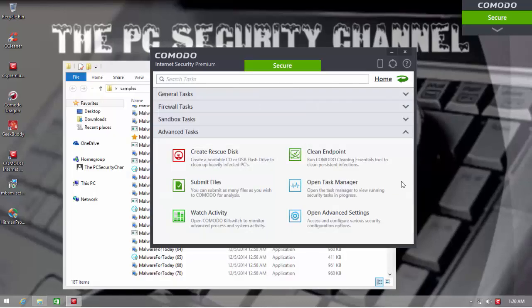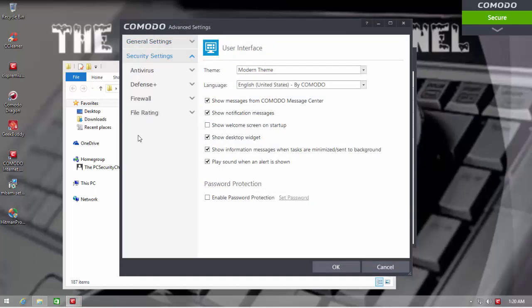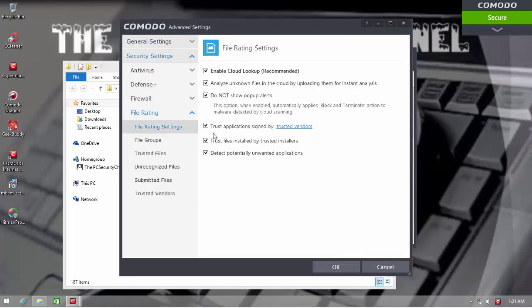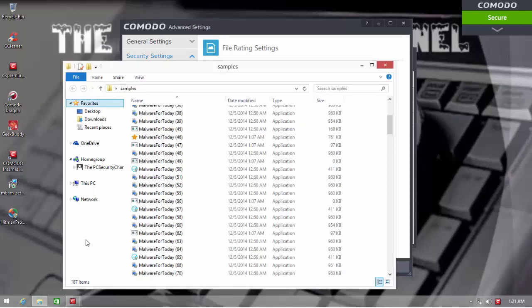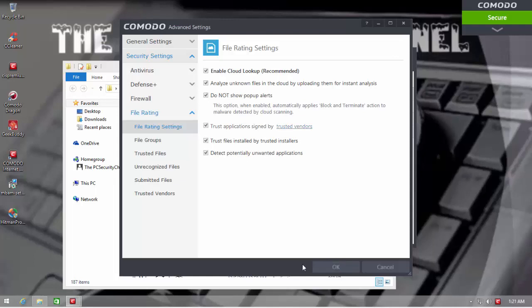Alright, now here are a couple of things that I haven't mentioned yet. For example, let's go ahead and go to file ratings. Here we usually have these settings, but now there's a new setting to detect potentially unwanted applications. Now this is disabled by default. So if you noticed, none of these malware files were caught when I ran them. But if I turn this on,